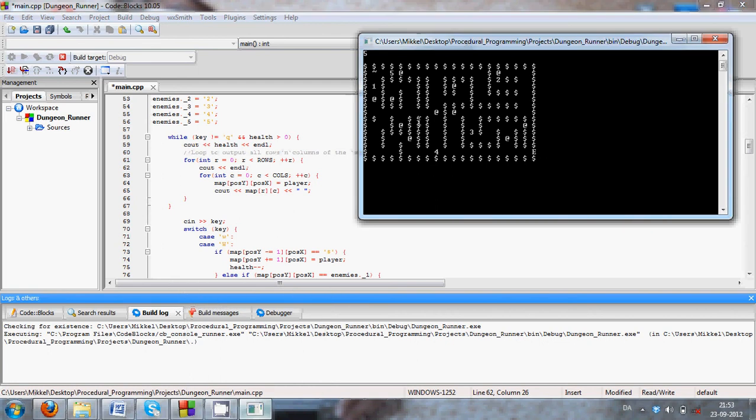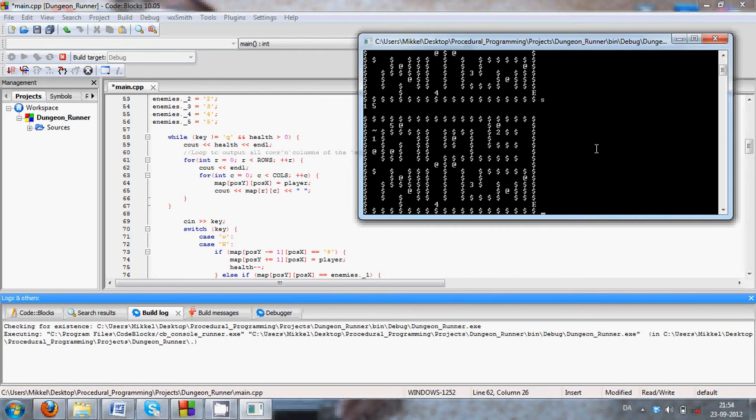So if we go to the game here, you can see my character in the upper left corner, and my health bar in the upper left outside the map, and then all places in the map have some random thing that I just explained. There's some add symbols put out in the map that give you 1 life, and then there are the enemies 1, 2, 3, 4, and 5. So if I try to play here,